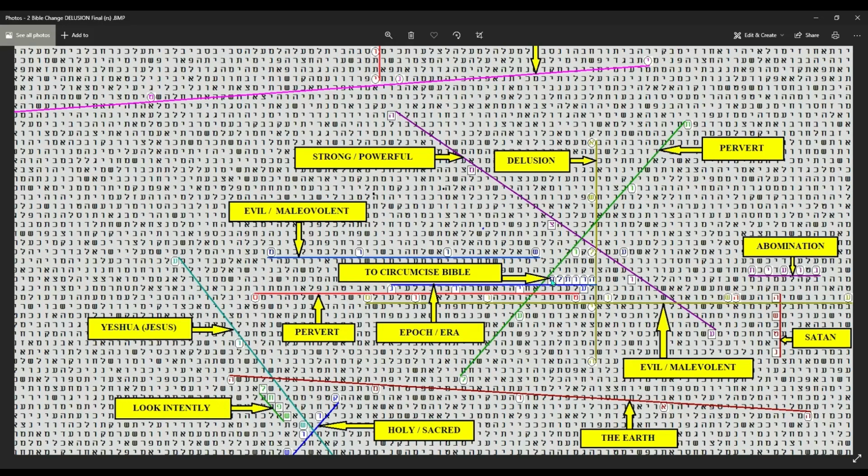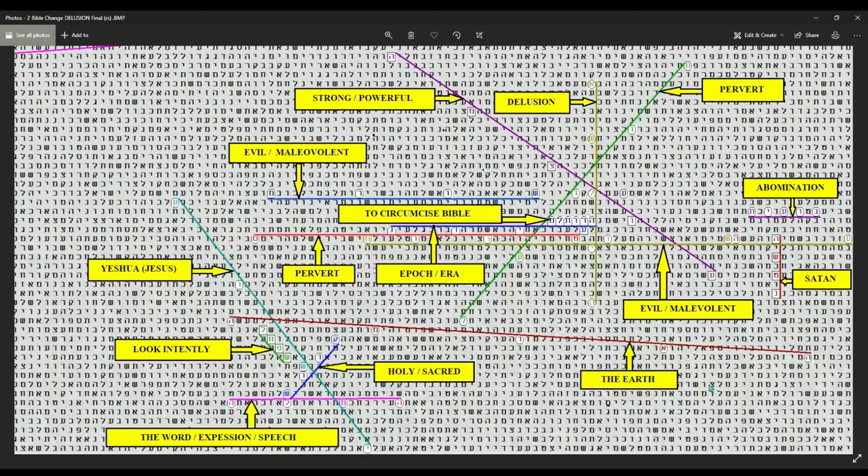And then we have this strange little bit here where we have the word Bible, and I believe the Hebrew just before that says to circumcise. So if you put that together, that's a cutting off, and that's exactly what we're seeing. We're seeing the word of God under attack, bits thrown out, just like what it says, taken away. Moving further down, we have the brown, the earth,